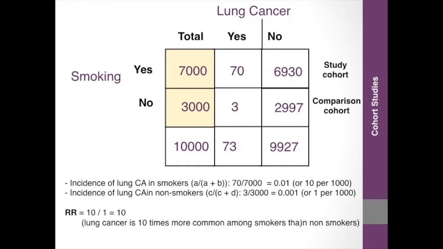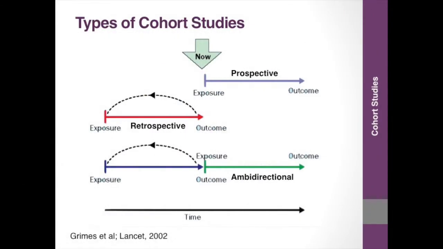70 people in the exposed cohort of 1,000 developed lung cancer compared to 3 in a cohort of 3,000 who did not smoke. The risk ratio of 10 indicated that lung cancer is 10 times more common among smokers than non-smokers. Cohort studies can be classified as prospective or retrospective based on when outcomes occurred in relation to the enrollment